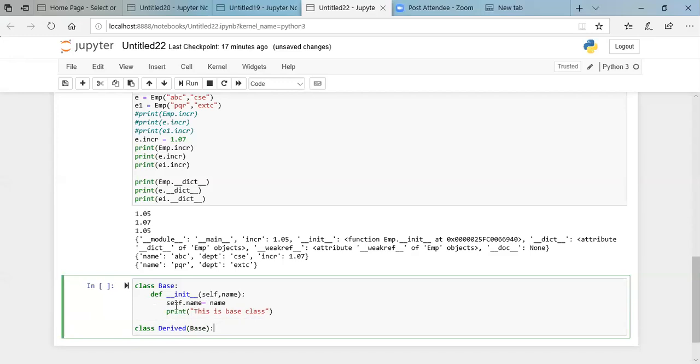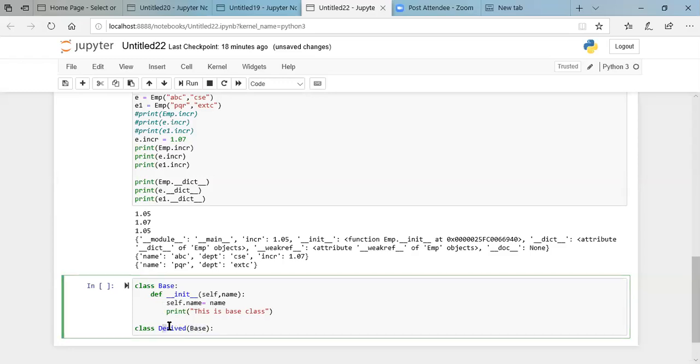So what I want in this case is, you have a class base. It is a base class. This is one of the classes. You want to make use of some features of this base class which is already defined. You don't want to write them again. So if you want to use the features of this base class, you have to pass the name of the class over here which you want to use. We can say that this derived class is inherited from the base class.